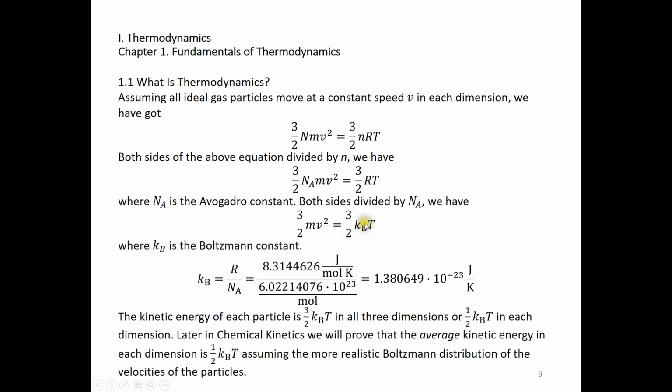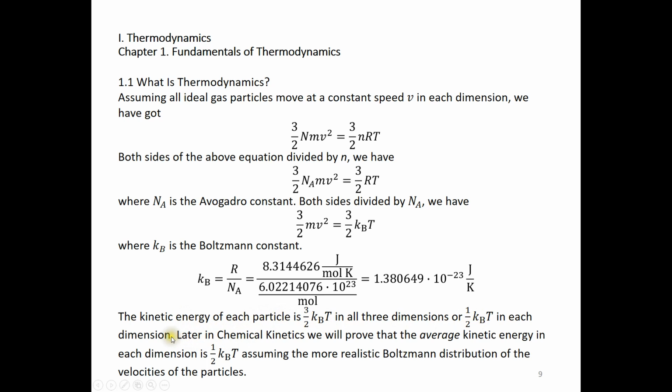We can see from here R divided by Avogadro constant is kB. So we can calculate the Boltzmann constant. It's this ideal gas constant divided by this Avogadro constant. The result is 1.38 times 10 to the power of negative 23 joule per Kelvin. Now the kinetic energy of each particle is 3/2 kBT in 3 dimensions, or you can say 1/2 kBT in